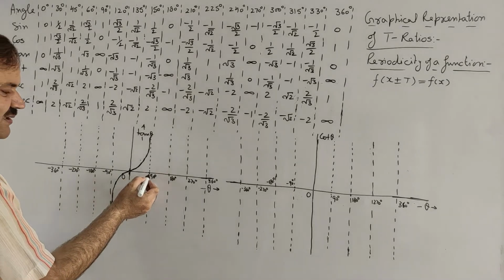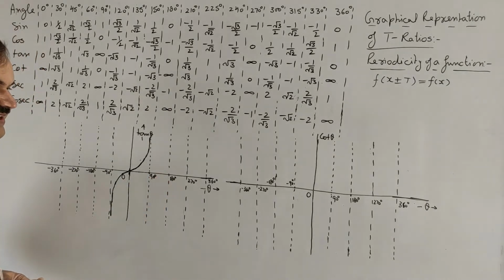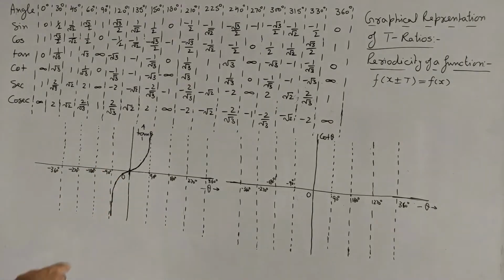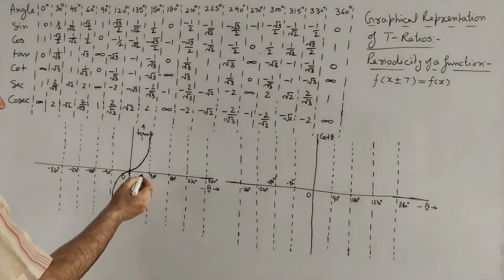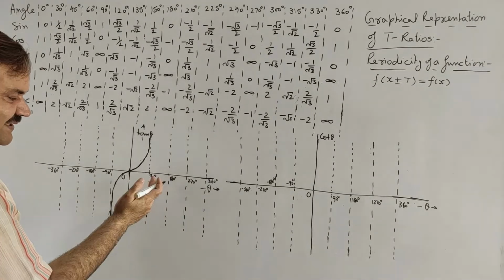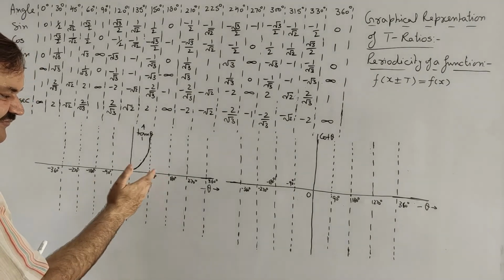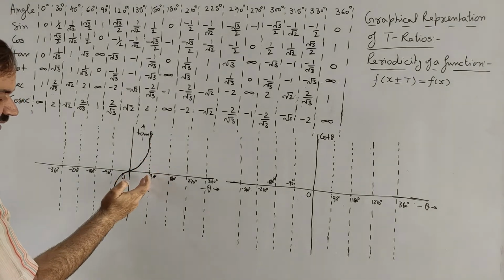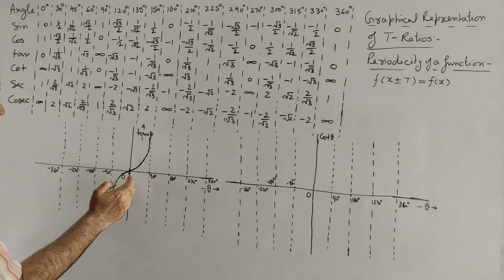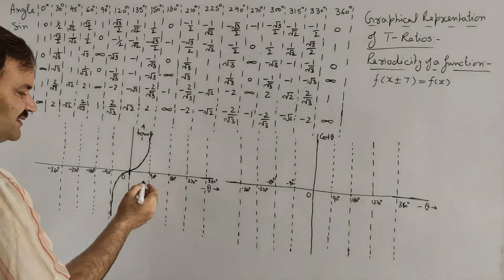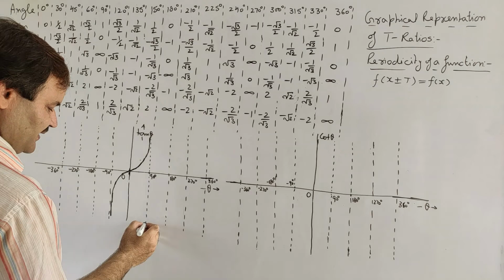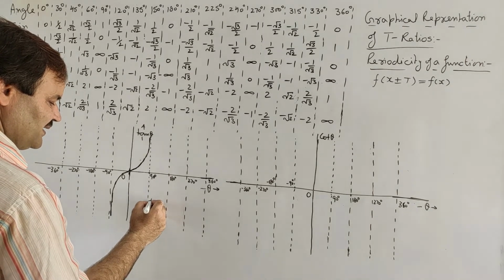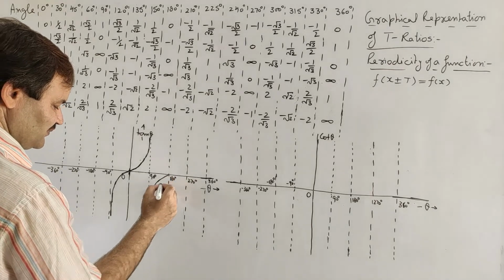Now when we come from 90 degree to 180 degree, then that will be second quadrant. In second quadrant, tan will be negative. So tan 90 degree plus somewhat will give us minus infinite, while tan 90 minus something was plus infinite. So now the value will change from minus infinity to 0 in the same fashion.